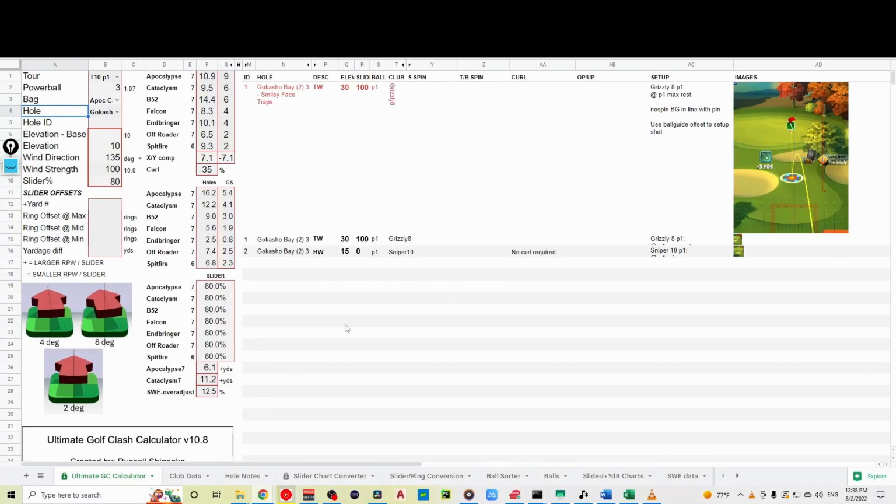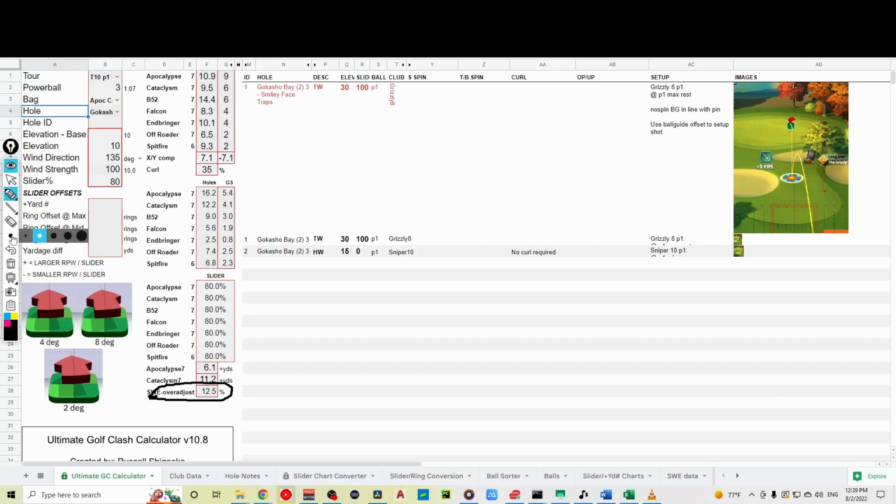Okay, new feature for version 10.8. It's auto over adjustment calculation. So what is that? So that will add in over adjustment for your elevation for you automatically. And how it will do that, you'll see down here. Let me get to this here. You see down here, there's a new